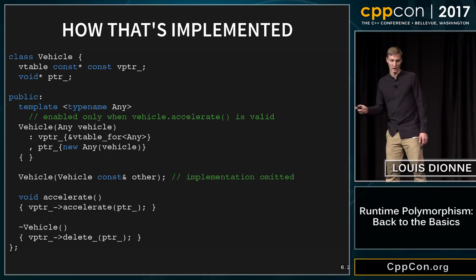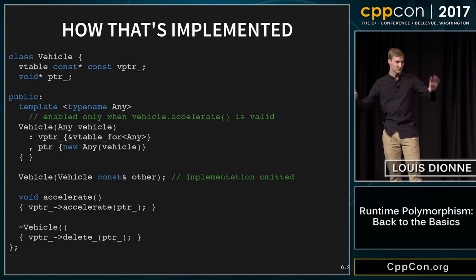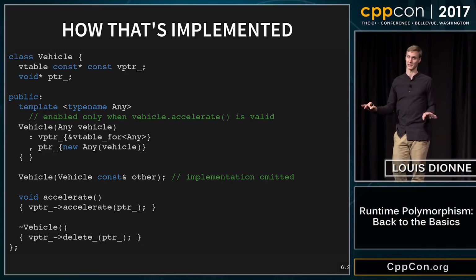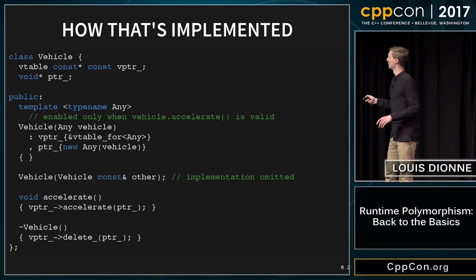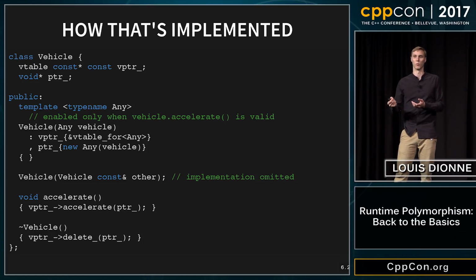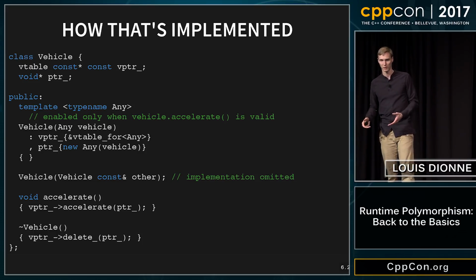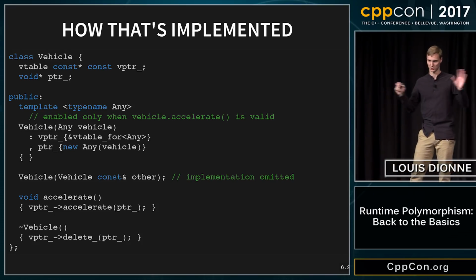So here I have my vehicle, which has a pointer to a v-table, and I'm going to show you how the v-table is implemented. There is a type called v-table there, which I'm going to show you on the next slide. So I have a pointer to a v-table, and I have a void pointer, which is basically a pointer to whatever the vehicle is holding. All right? I can't make it a pointer to a base class because there's just no concept of a base